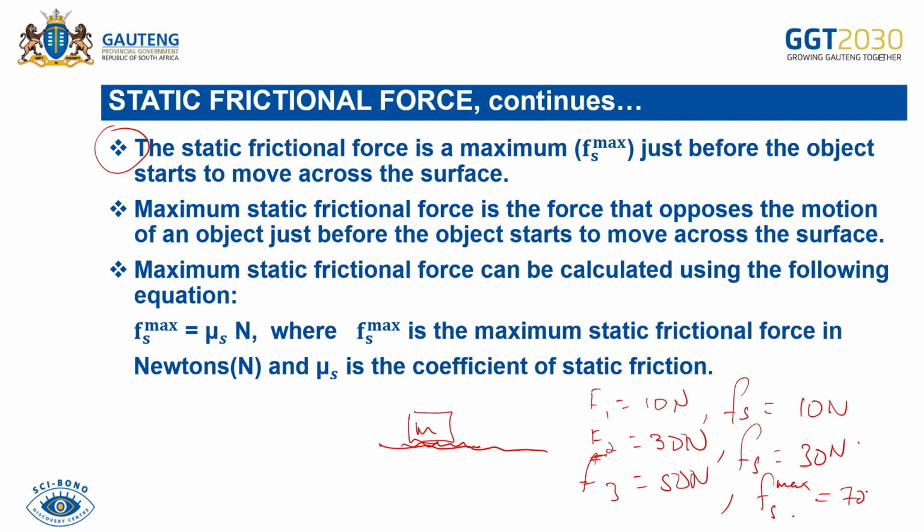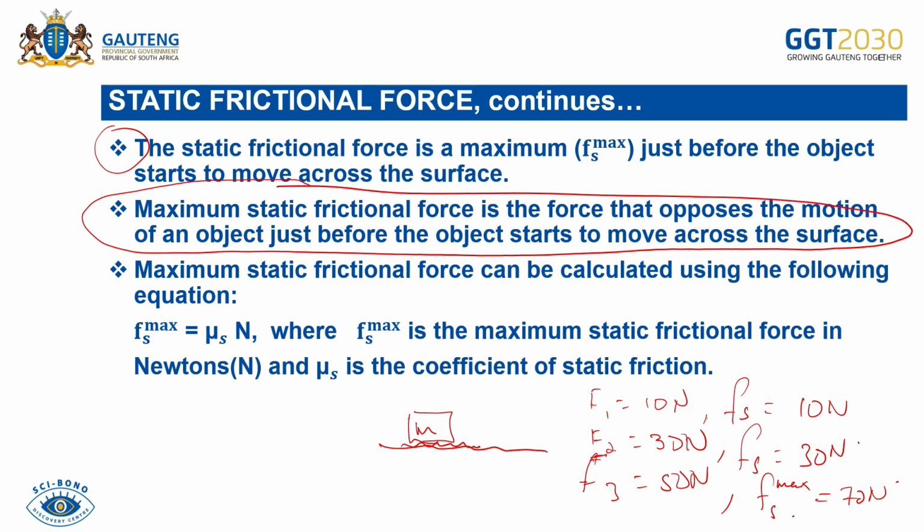maybe 70 newtons. Okay, then learners, what is maximum static friction? It is the force that opposes the motion of an object just before the object starts to move across the surface. Okay, maximum static frictional force is the force that opposes the motion of an object just before actually it should be a force that opposes